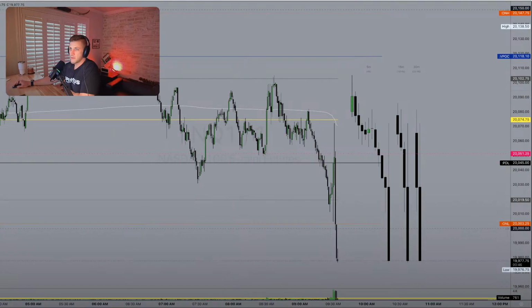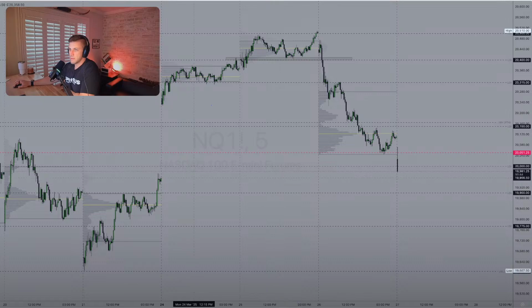Gap filled. Chrissy, let's see. Yep. Oh, not quite. Not quite. Gap fill down into 954. $9.54 right down here.